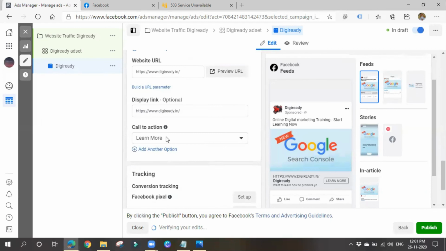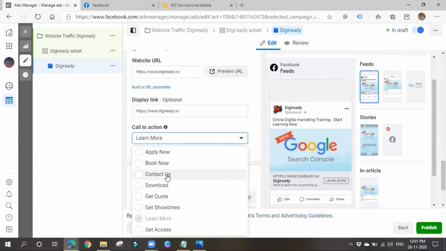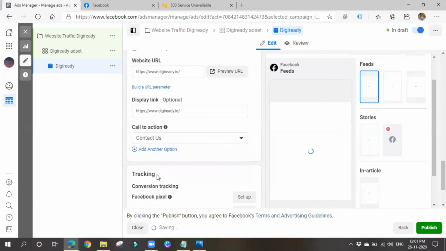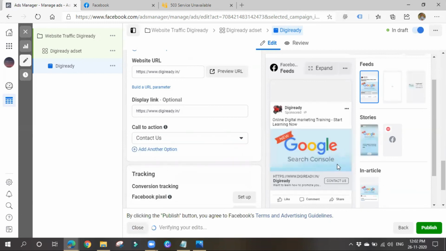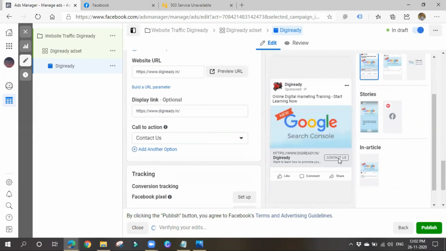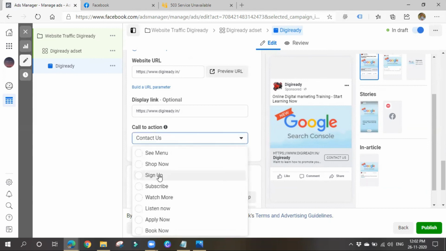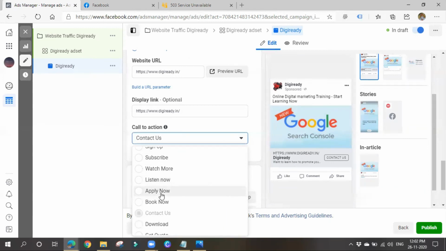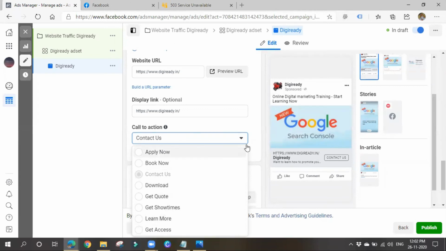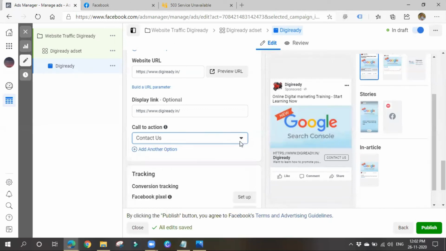Right. So call to action button. See, this is the call to action button. Right. So you can either give contact us, call us, whatever you think you can give. Let's give contact us. As it is a website to visit, it will navigate people to our website if they click on it. For some things, you can give call us also, guys. I've seen it. If it is a lead generation form, you can give call us also. If you have linked your phone number to Facebook, you can give that also.